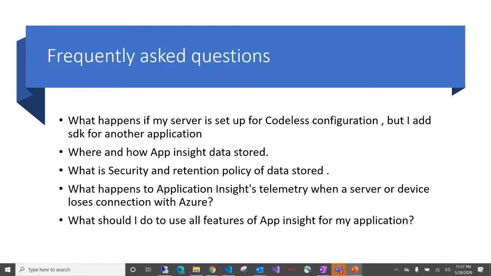And even after 30 minutes, if it couldn't, then it waits for another day or till its storage space gets exhausted, and then it will never happen. Then it will be stored in that location, and for the period during which your application was not available, the telemetry data won't be available. But I don't think 30 minutes of unavailability in a production server will happen. So most of the time, almost 90% of the time, even if there is a cutover period of 1 or 2 or 3 minutes, your application telemetry will come to Application Insights without any problems.